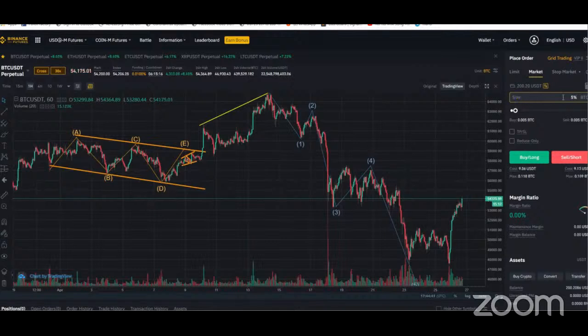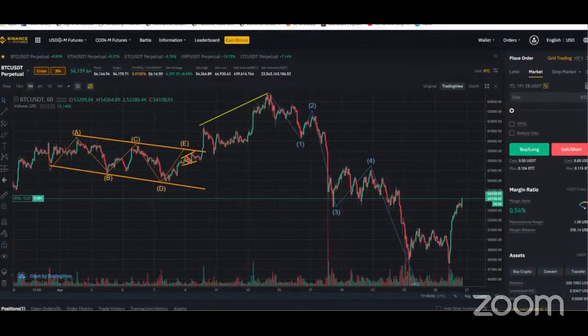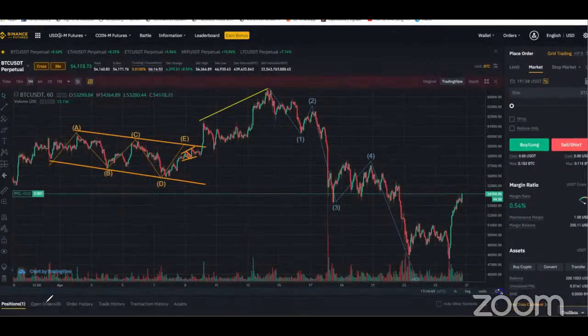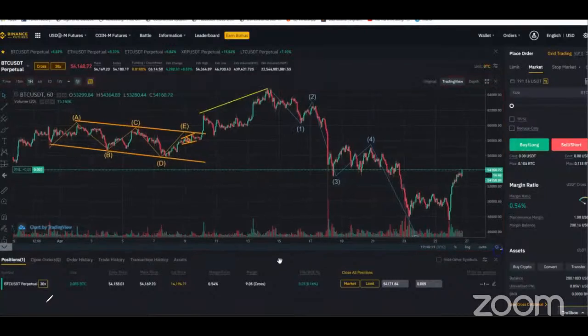So we just want to risk 5% of our account, and you can see that it's going to cost us about $9, and then we want to take a buy. So we click on buy long. Now this is what I want to show you. Immediately we click on buy long, let me shift this one up a little. You will see that there is this thing right here that lets you put in your